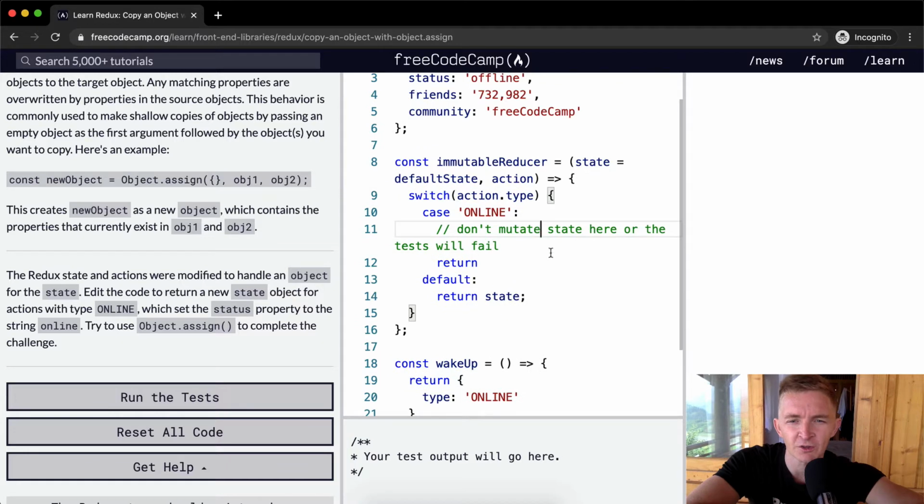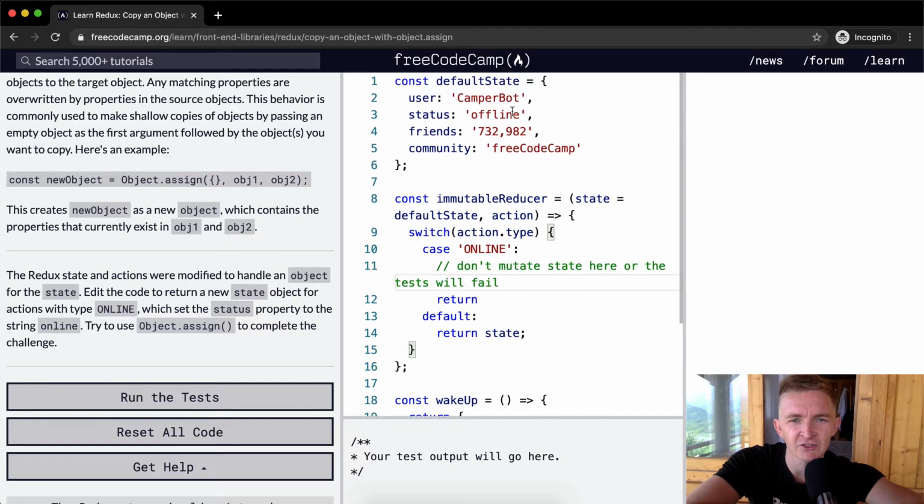Okay, so we don't want to mutate the state here or the test will fail. Got it. To handle the Redux states, edit the code to return a new state object for the actions with the type online, which set the status property to the string online. So we want to set the status, where status is offline right now, and we want to set the status online. So we could say var